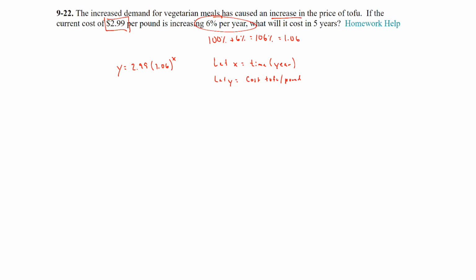All right, so now we can go ahead and plug in and solve the equation, which is for 5 years. So 2.99 times 1.06 raised to the 5th power. Plug that into your equation, and let's see what we get. And we get a y value of 4.00, and then it goes a little farther, 129. But since we're dealing with money here, we would round it to the nearest cent, and that would be $4 per pound